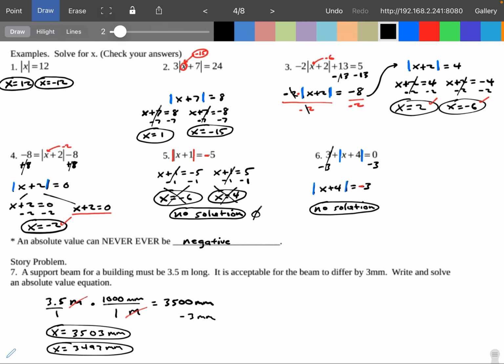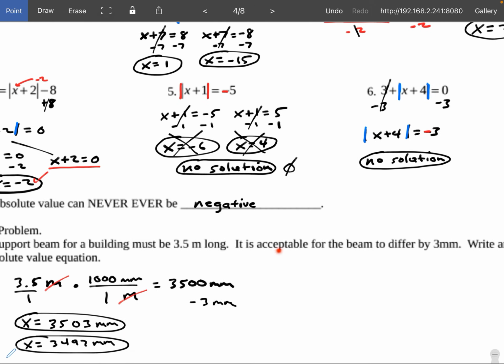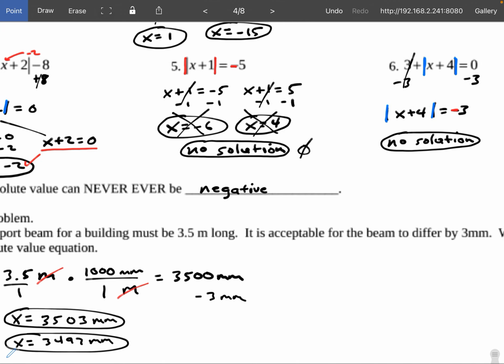But the other part of this question says, I'm kind of working this backwards for you guys so you can see it. The other part of this thing says that we have to write an absolute value equation. All right, so we got to write an absolute value equation that's going to give us these two solutions. So what that would look like,